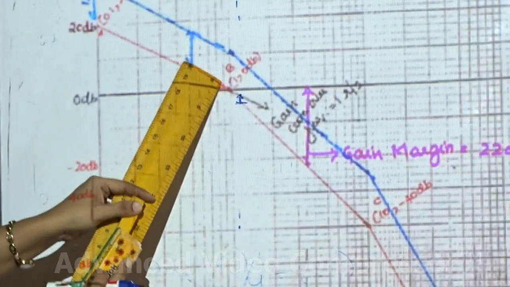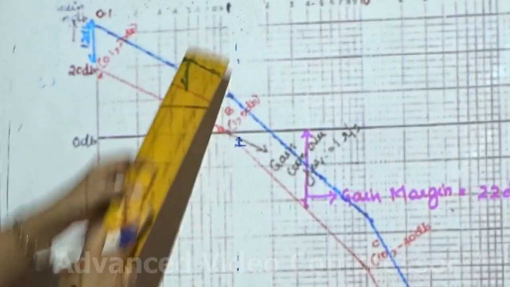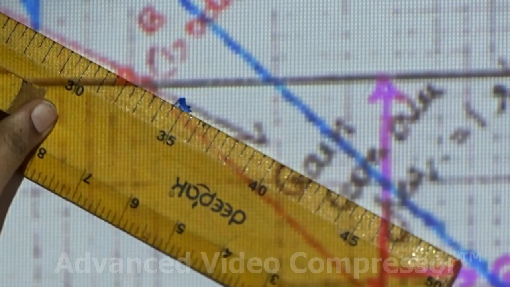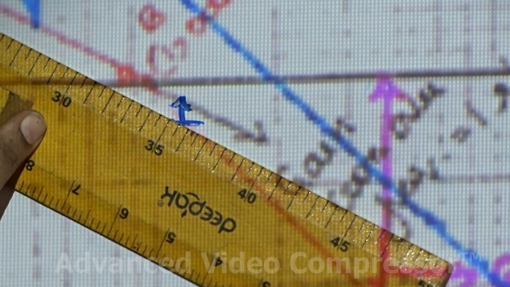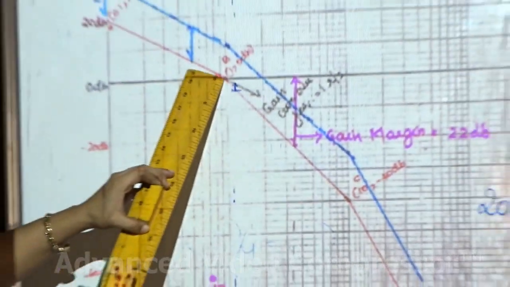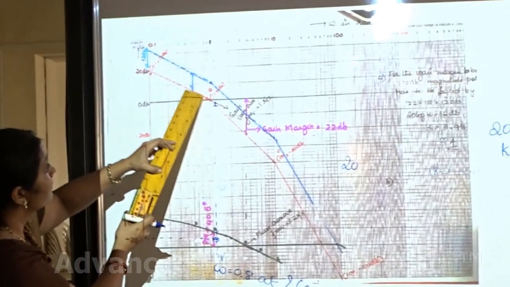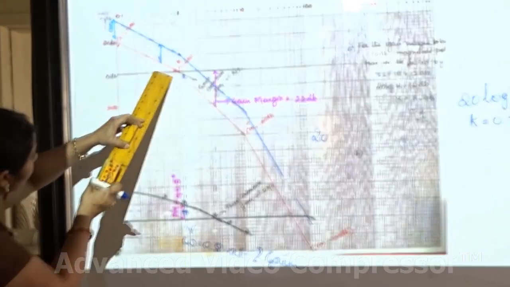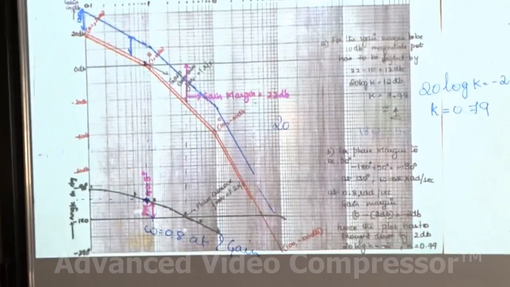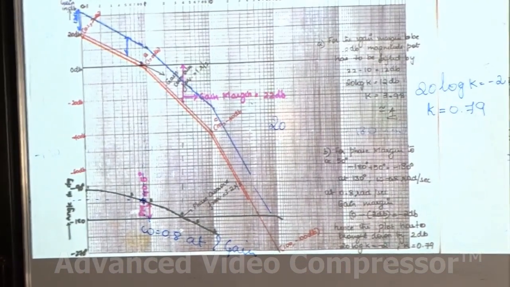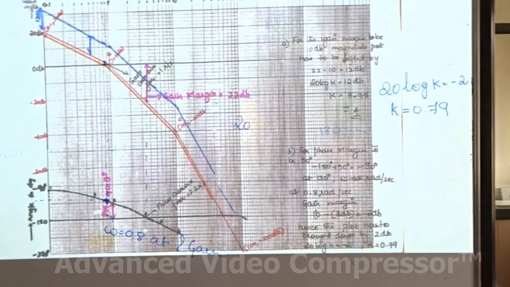It is up. If we take it up, it won't cross. So we have to bring this down. By what value should we bring it down? You bring it down by 2 dB. If you are taking it up, it is not going to cross. We will get phase margin only at a point where it is crossing 0 dB. So to make this cross 0 dB, you have to come down, and by coming down by minus 2 dB, we get the new value of K. So this completes the second problem.